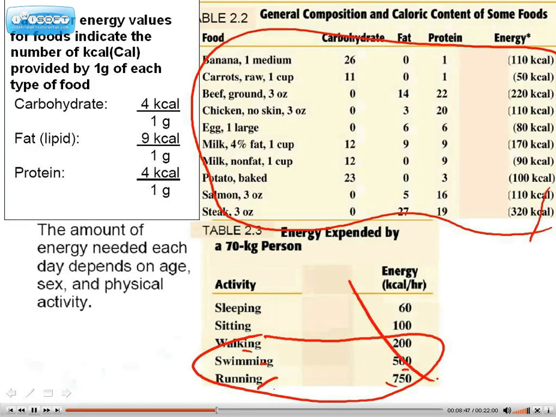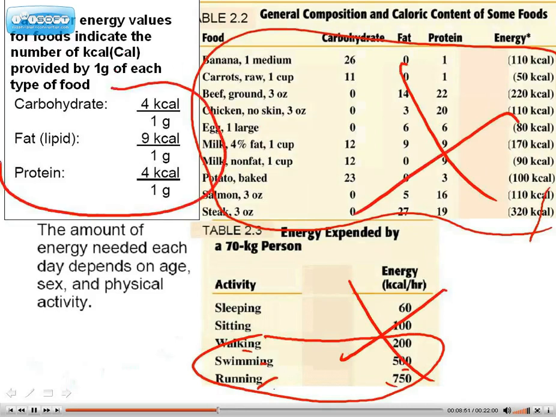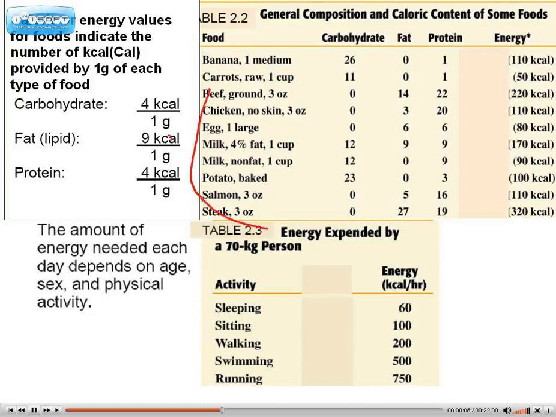What do you have to know here? You don't have to know any of these except for this over here. You have to know this and know what I mean by big calorie versus the little kcals. So memorize this portion only. But reflect on this portion just to give you an idea of how many calories of each one you have.